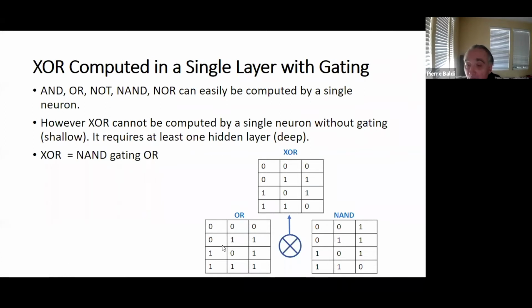And now, of course, if you take the product, you're taking the product of the last columns, you get this, which is the XOR. So a threshold neuron gating another threshold neuron gives you immediately the possibility of having XOR at the output without incurring the price of a hidden layer, okay? So again, it's not about whether you can do something with attention that you cannot do without attention, because you can do XOR without attention, you just need extra layers. So it's all about doing things in a convenient, compact, efficient way, right?